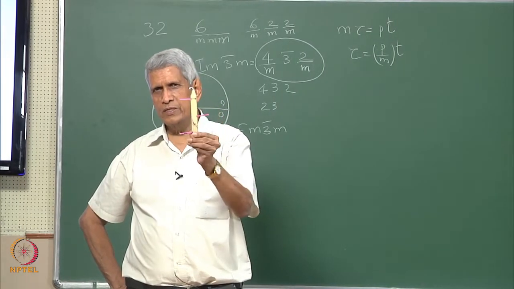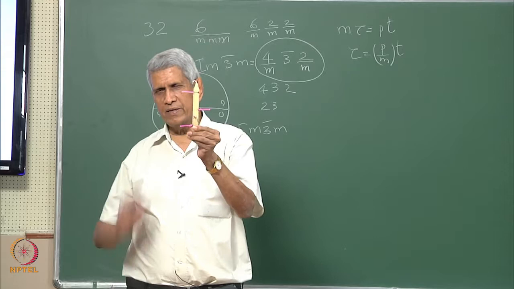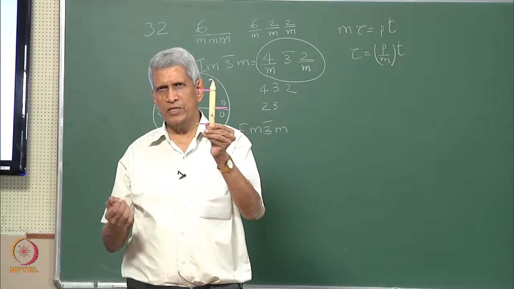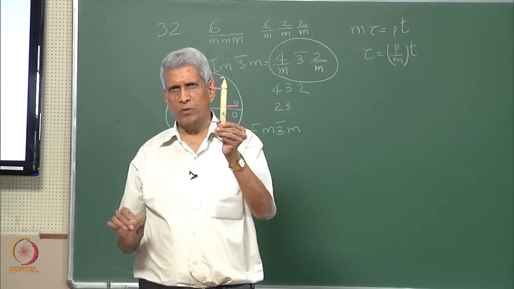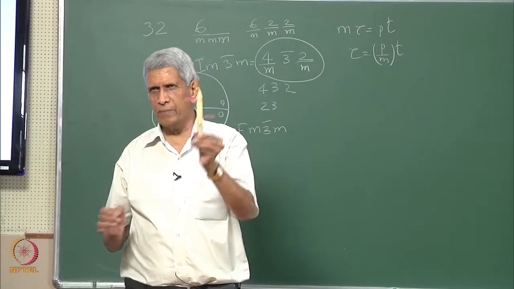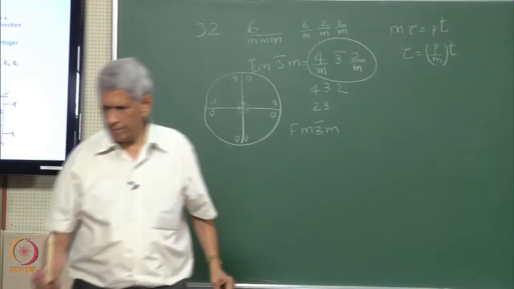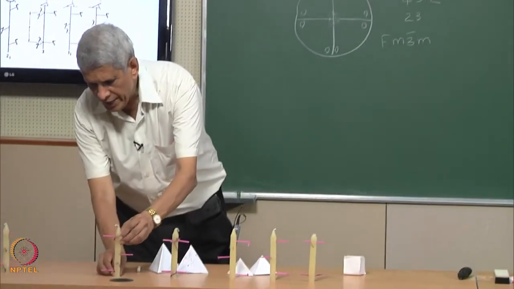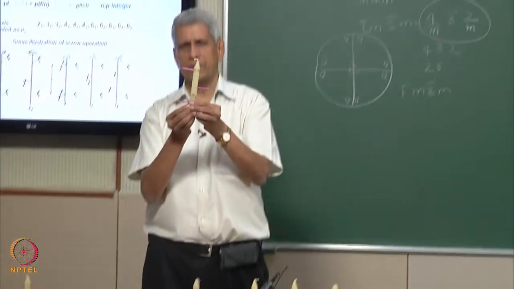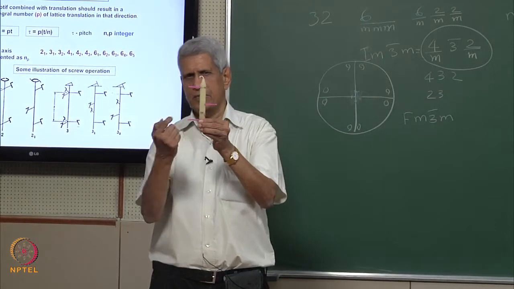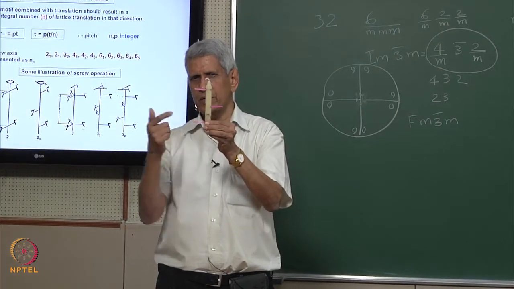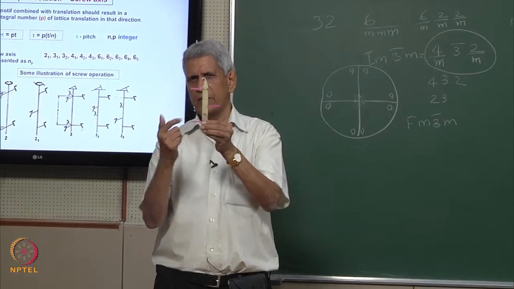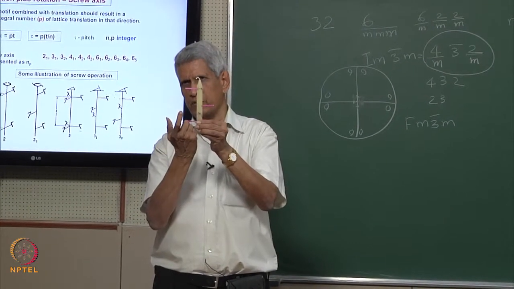So this essentially is a fourfold rotation. Plus, if you look at the pitch, it is turning out to be T by 4. Correct? And the direction, if you see it here, is in what way we have taken it with respect to this. It's a rotation that is anti-clockwise, right?